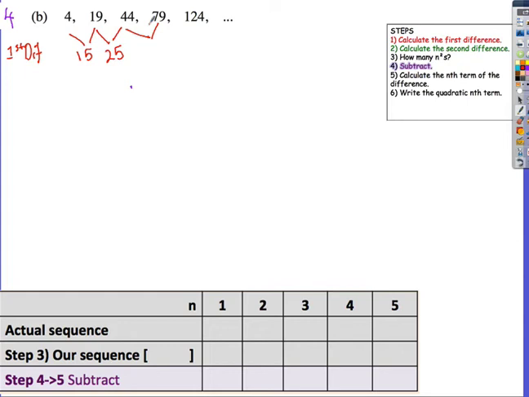35 probably, so 79 take away 44, yeah, 35, and this is 45. So we've done the first difference. Now notice the first difference is different again each term, and it could be a quadratic. Let's check. So the second difference